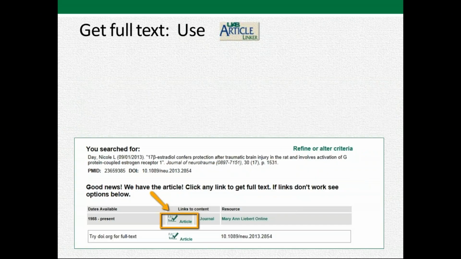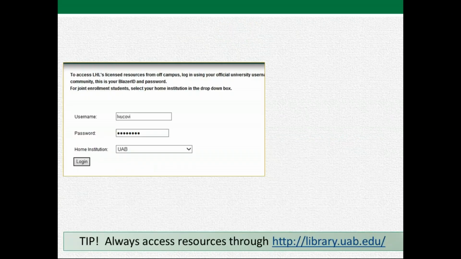You click on that article linker and you get a little intermediate page that says, hopefully, great, we've got that article. So you click on the article link to pull up full text. If you're off campus, and you've gone through the library website, which will get you through our proxy server to authenticate, it will prompt you for your Blazer ID and password.